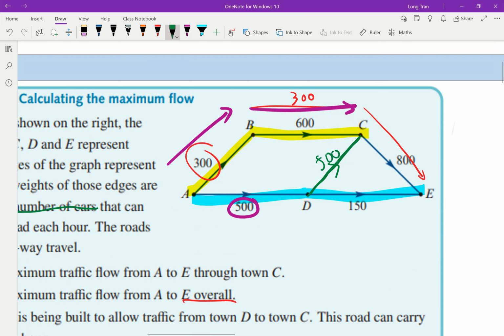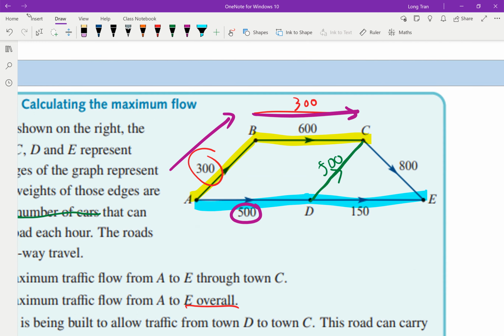Now let's have a think. 300 cannot go through this way because the arrow is in a different direction there. So that means I still have 300 coming this way. So there's still 300 there. But let's have a look now. Starting from the bottom, A to D is 500 going this direction. Now there's only 150 that can go through here. I can push through to go 150 to go here,